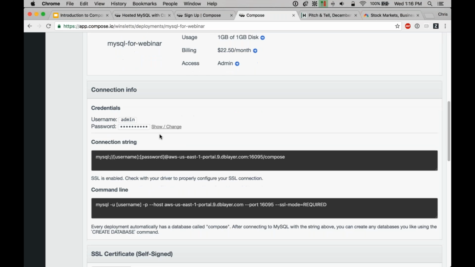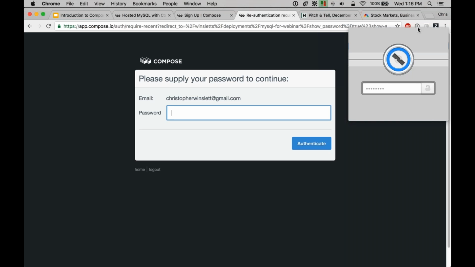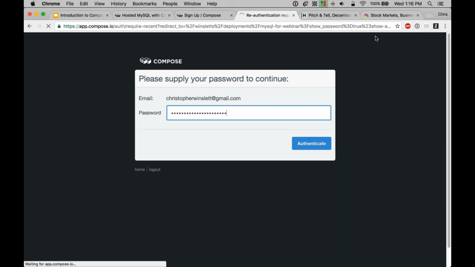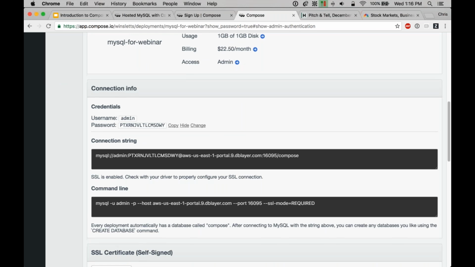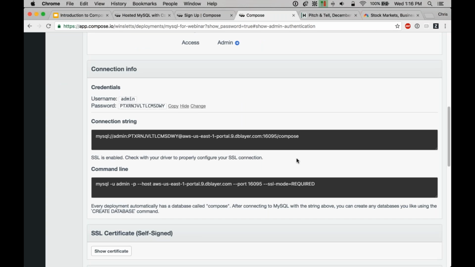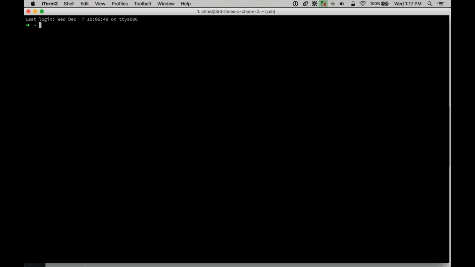Below that, we'll have some connection information. We hide our connection string. Let me pull up my password. I'm not worried about this, this is just a database used for this webinar. So here is the connection string. Once I click show, you can use this connection string to connect from any of the applications that you're running. From the command line, you can take this particular command here, copy it, and move over into a command line